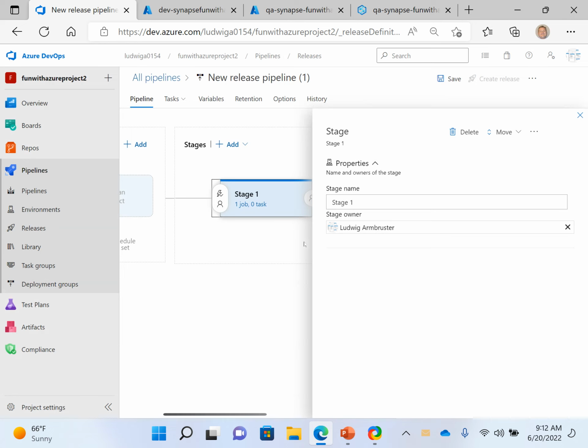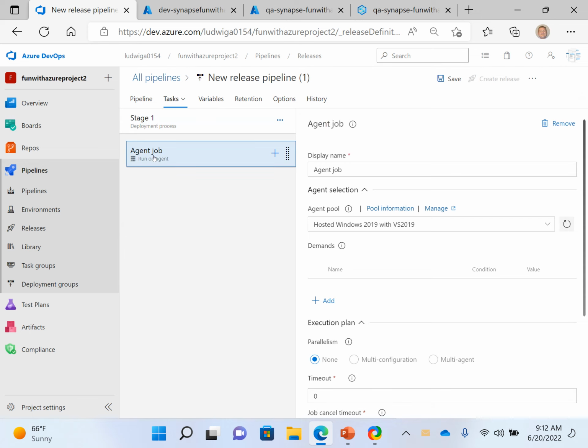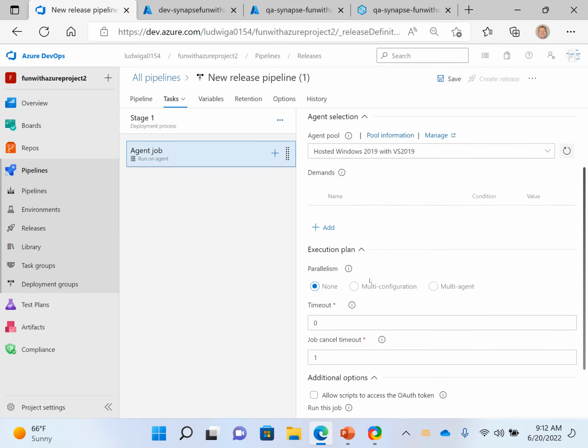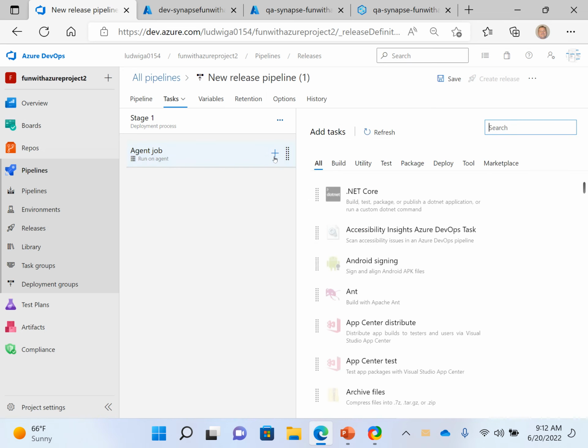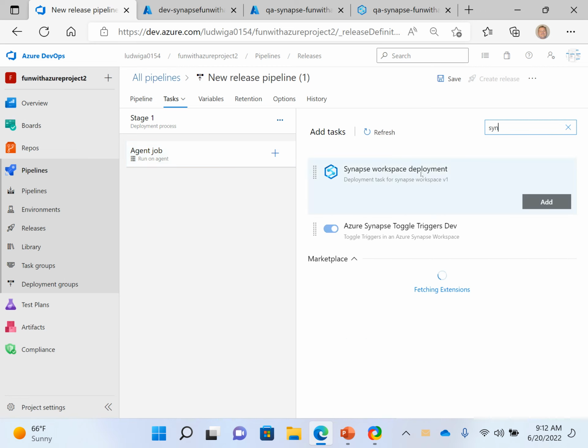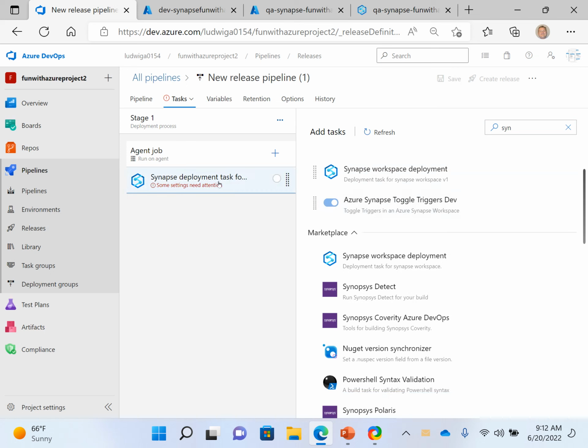Even though that window is still visible, I click here, and then I go here. Let me see. Did I mess it up now? Okay, I have to add this plus button here. This is what's easy to overlook, right? This plus button. And then here I have the Synapse workspace deployment, so I do an add, and then I